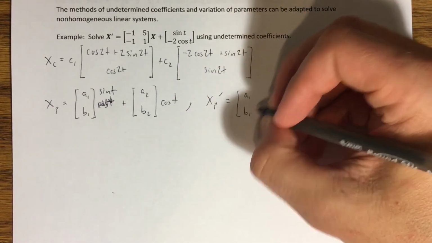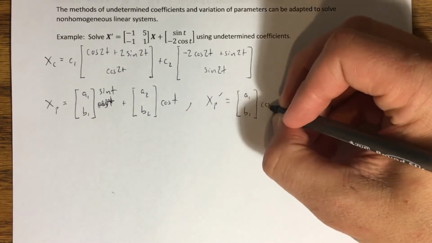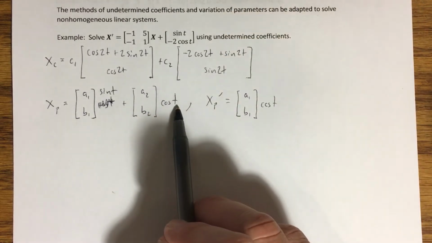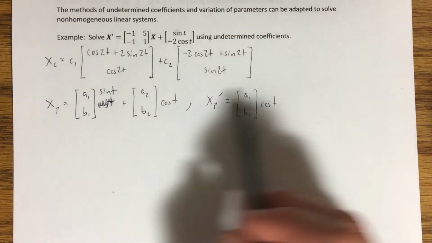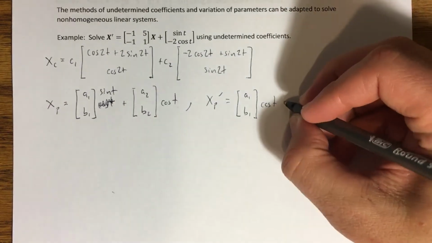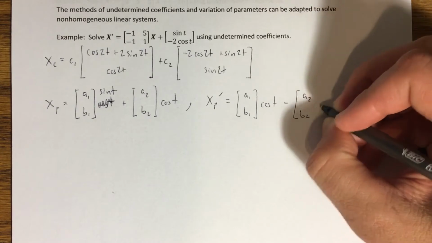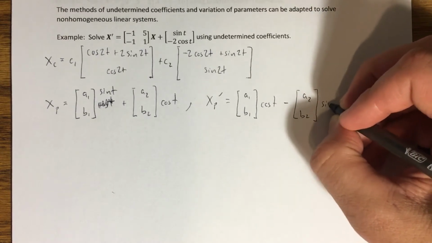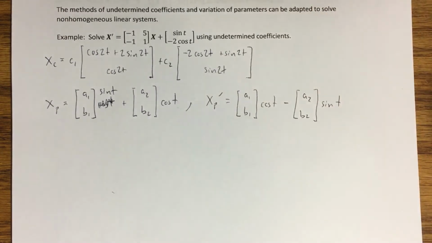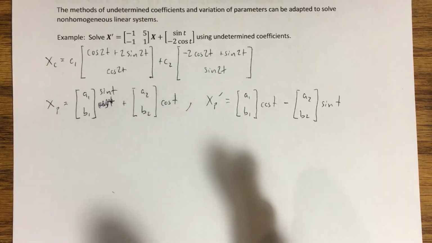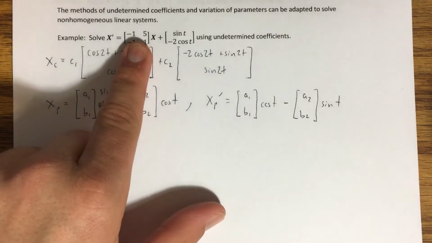A1, B1, cosine of t. Cosine of t has a derivative of negative sine. The negative I can bring over here and change that plus into a minus. A2, B2, sine of t. Okay, so now what I'm going to do is plug these guys into the original equation